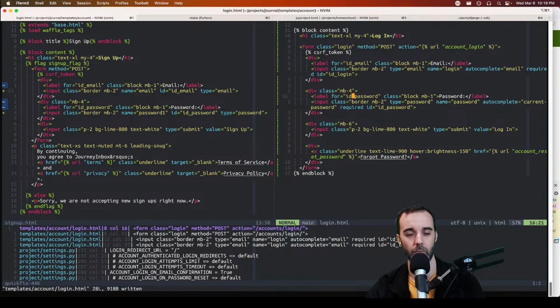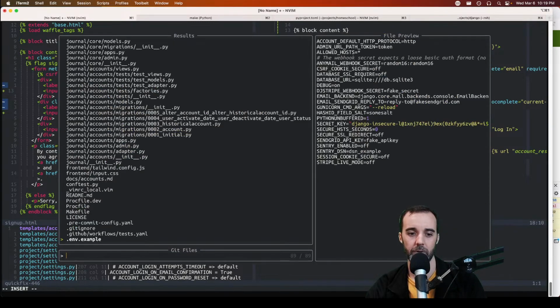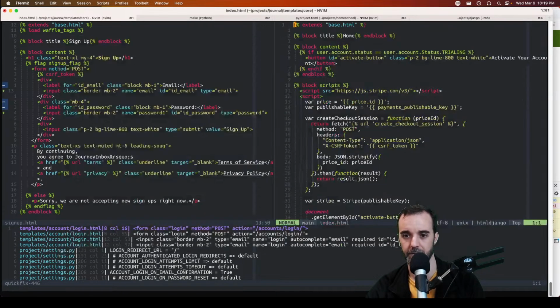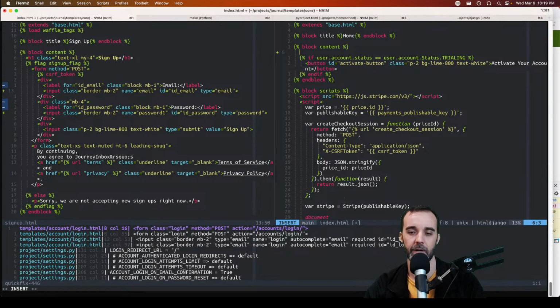I'm happy enough with it for now. So let's go to, where do we want to go? We want to go to the index template for the authenticated index. And we've got this activate button, but I want to put a paragraph right here that says,